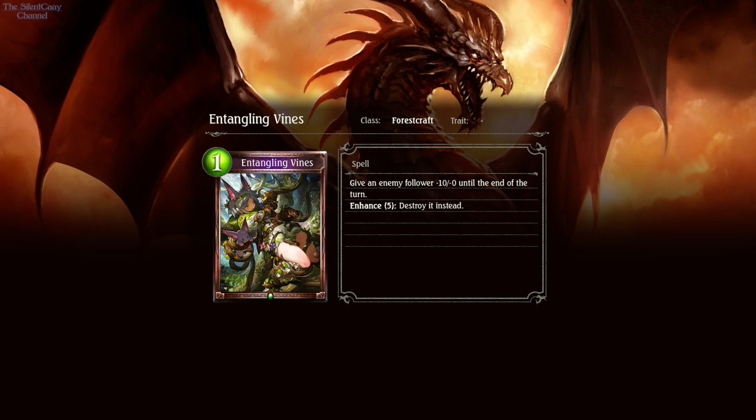Give an enemy follower a -10, -0 until the end of the turn. Enhance 5, destroy it instead. The 1 mana version is a little bit awkward, but it does combo with Crystallia Eve, Rhinoceroach, or Evos. You can reduce pretty much anything to 0 attack, and then attack it with Crystallia Eve or Rhinoceroach and destroy the minion and not take any damage on that minion, which is pretty useful because every once in a while